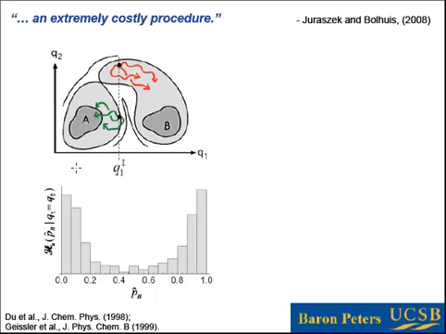And if we constructed a histogram of the committer probabilities for each point along this dividing surface, then we would find most of them in state A, some of them in state B, and very few points in between corresponding to transition states, right? These few points in here are actually transition states, but there aren't very many of them because the energy is high and it passes through that region pretty quickly.